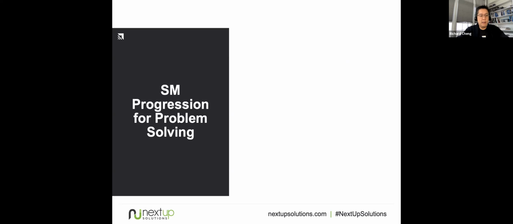Right? Now, when I talk to the Scrum Master about why that is happening, here is the Scrum Master progression for solving problems. Let's say I'm an executive. Let's say we have a Scrum team that has an issue that's been hitting them for several sprints now. For example, let's say we have a team that for the past series of releases, their defect rates are way below our company standards. Right? And it's been happening now for several releases. So as an executive, I might approach a Scrum Master and say, hey, Scrum Master, what's the deal with these defect